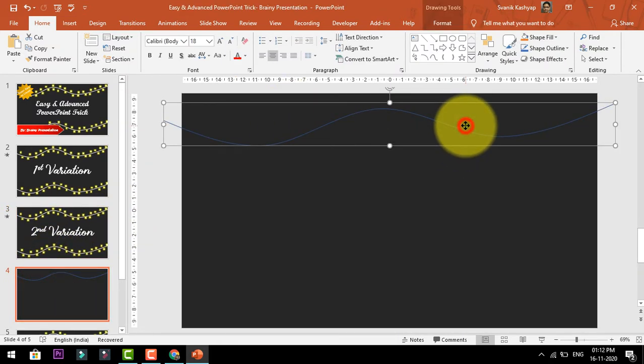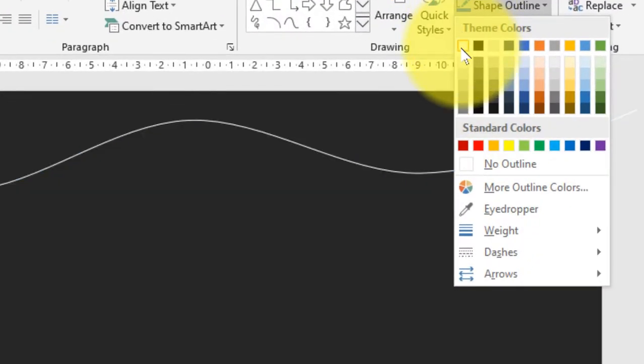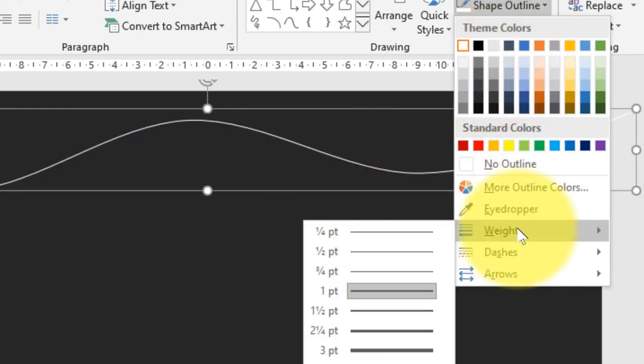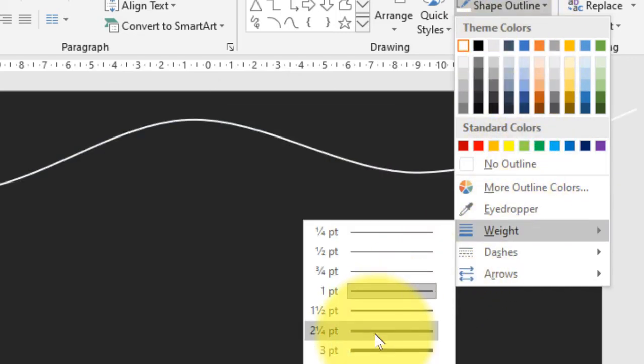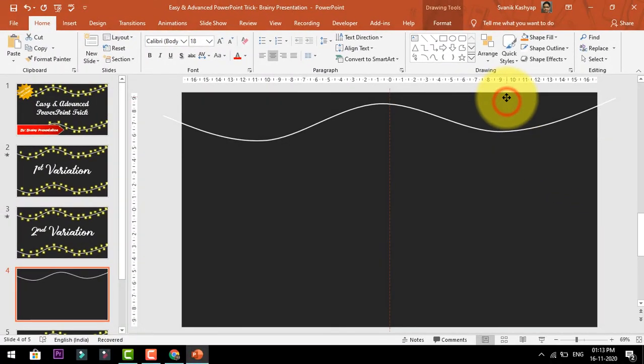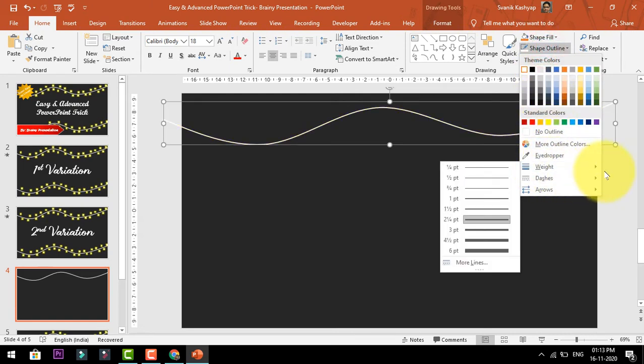Now select this line, go under Shape Outline, set it to white, again go to Shape Outline, Weight, and set it to 1/4 point. This is perfect for my slide. You can always increase or decrease the weight as you wish.